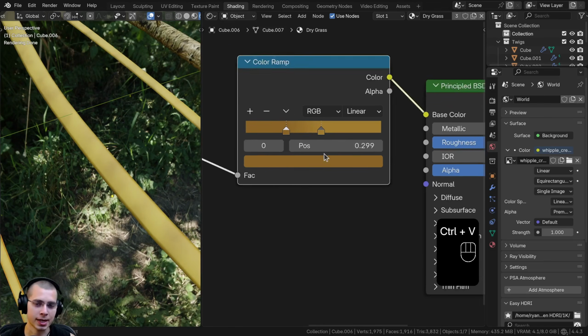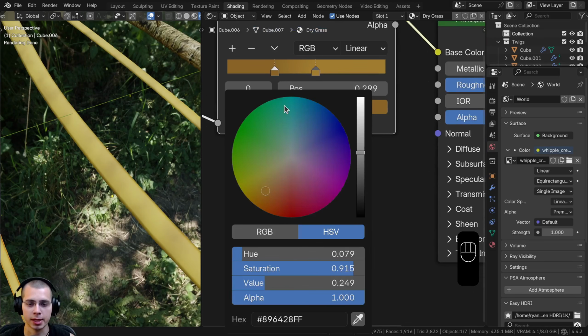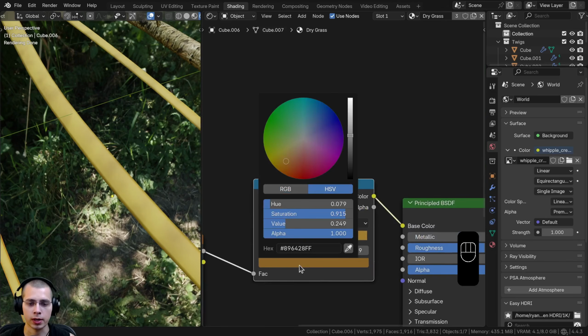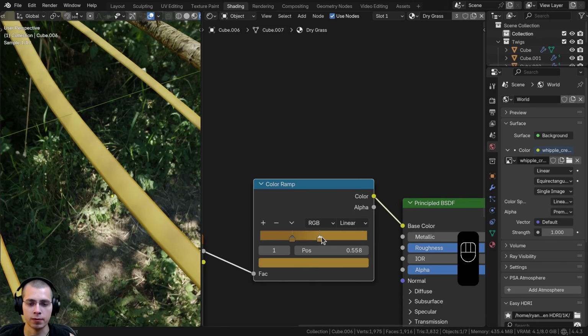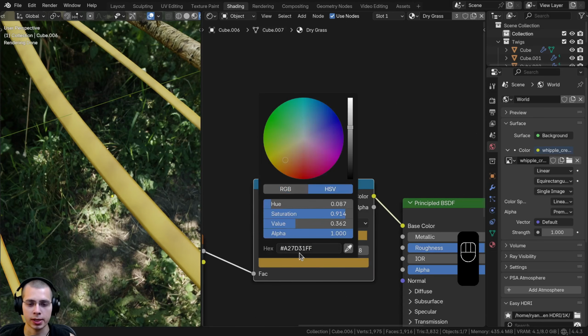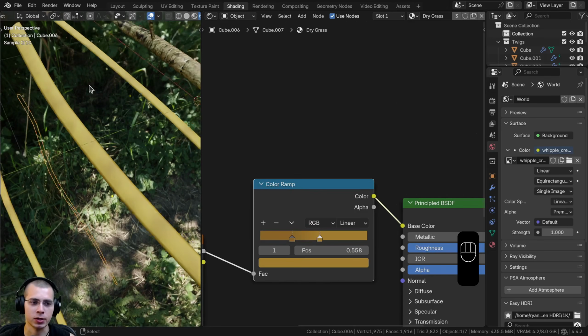And if you want to use the exact same colors I'm using, you can punch in the same hex codes. So for the slightly darker brown, this is the hex code. You can punch that in. And then on the other side, for the slightly lighter brown, here's the hex code if you want to punch this in. This is more of a yellowish brown because it's supposed to be like a dry